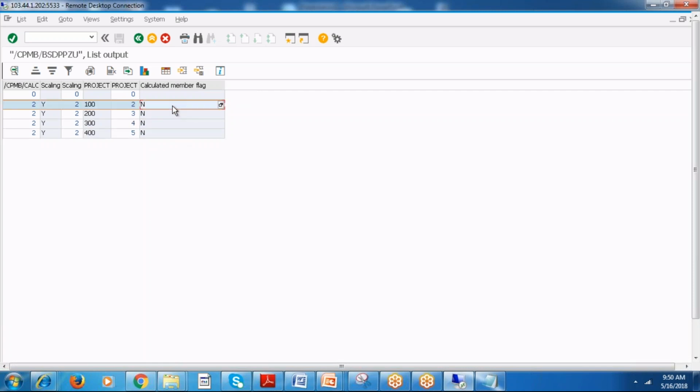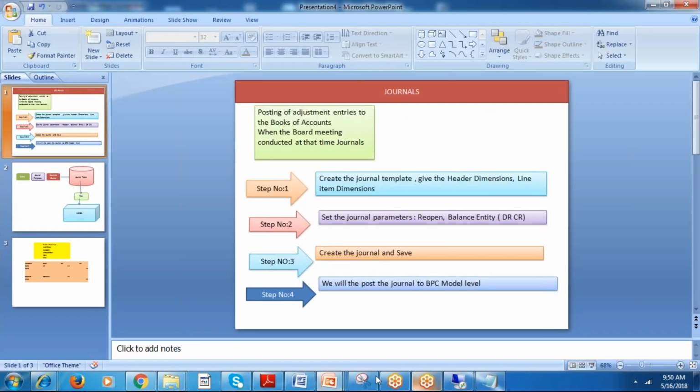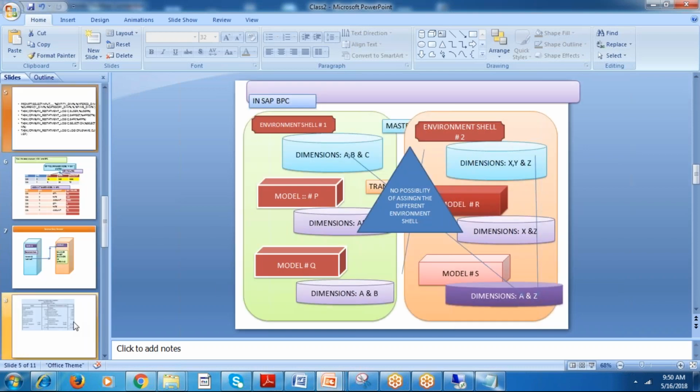No, right? The system itself decided it is N. N means non calculated member. So what exactly are the non calculated member and calculated member? Let me go into that.